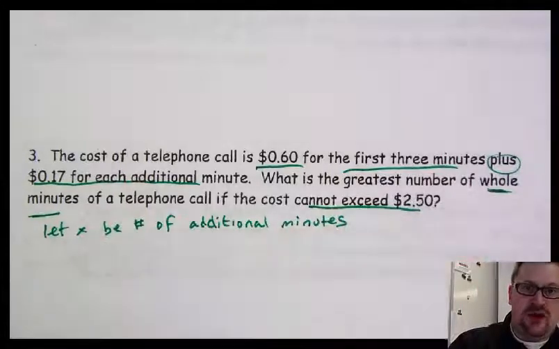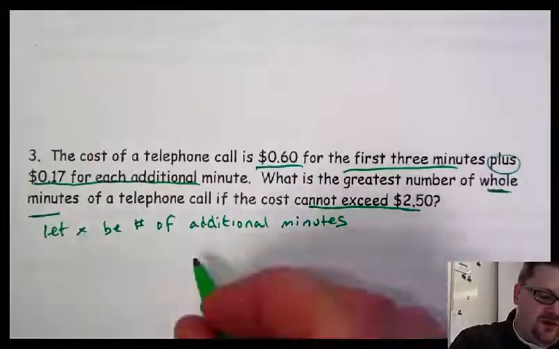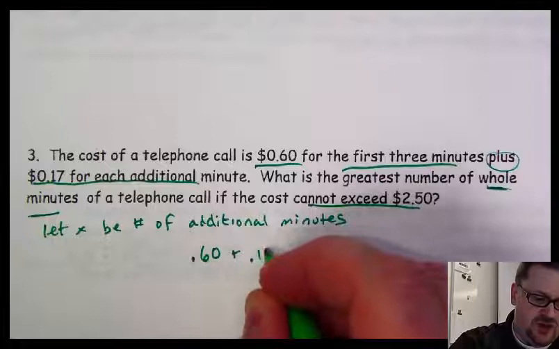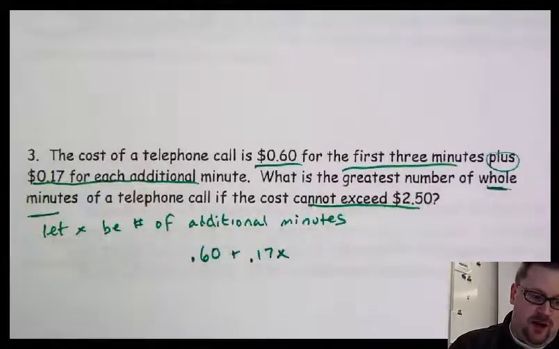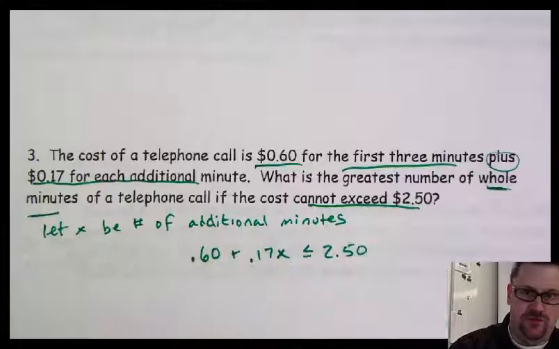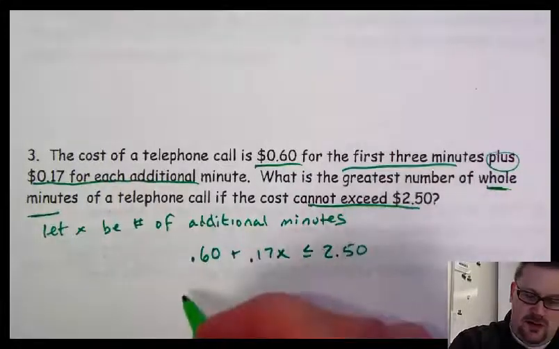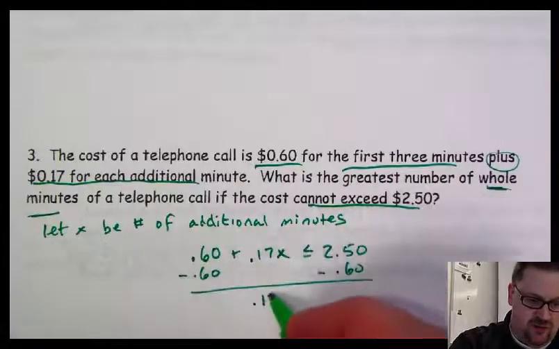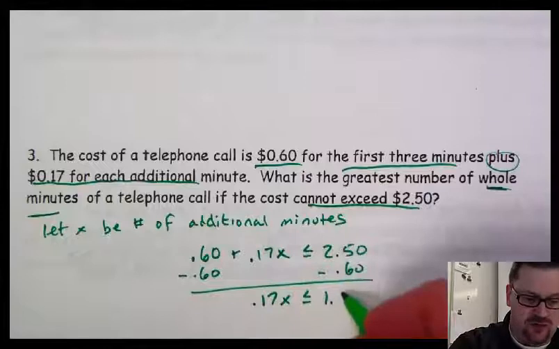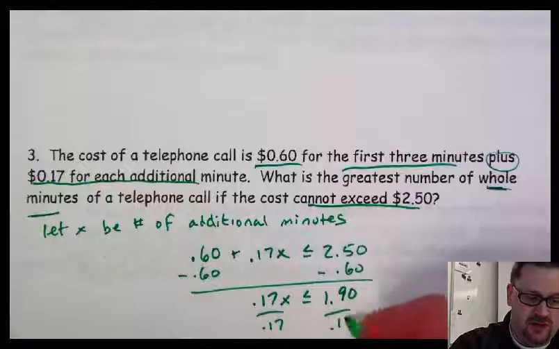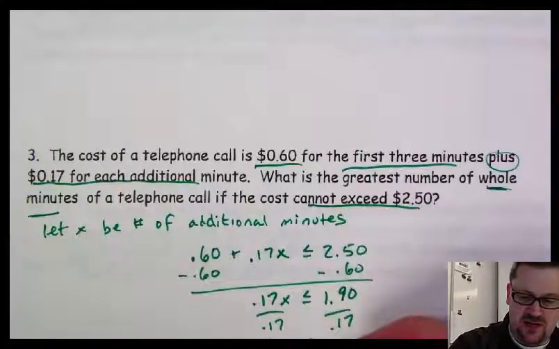Okay, so now when I write my inequality, it's 60 cents for the first 3 minutes, and then it's going to be 17 cents for each additional minute. And I want that to not exceed $2.50, meaning I want it to be less than or equal to $2.50. Now this shouldn't be a very difficult thing to solve, so I subtract 60 cents. I get 0.17x is less than or equal to $1.90. I divide everything by 0.17, and this gives me x is less than or equal to